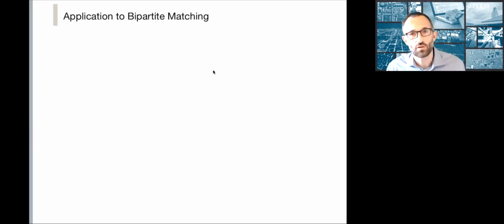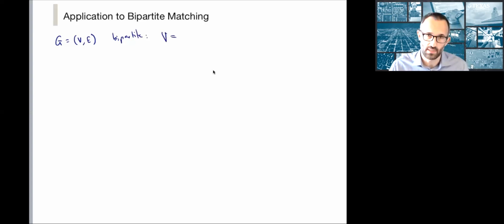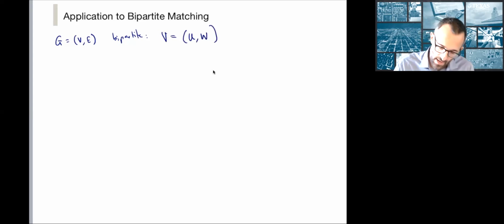But it's non-trivial for a non-bipartite graph. So let's first see why it is easy for a bipartite graph to use this basic idea. Let G be a bipartite graph. That means that V can be split into red and blue nodes. Let me just call them U and W. And given a matching